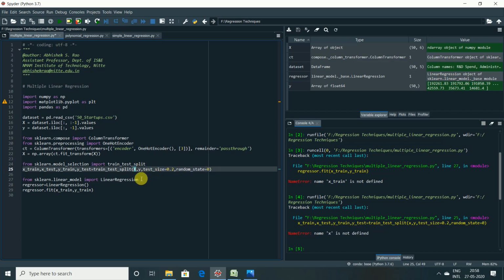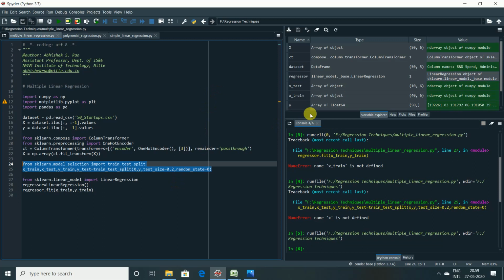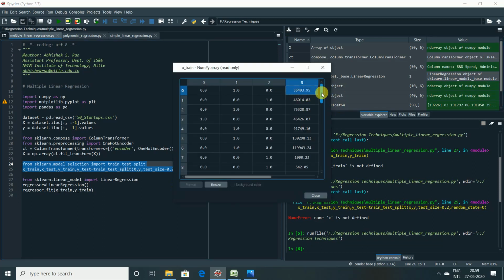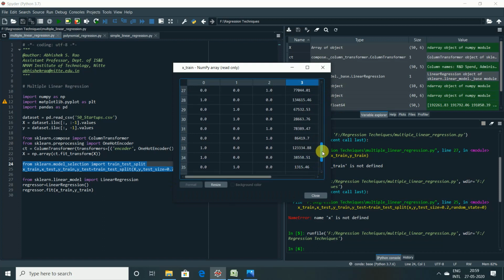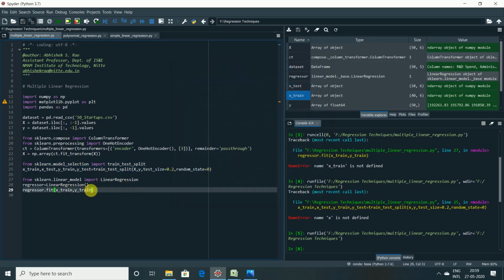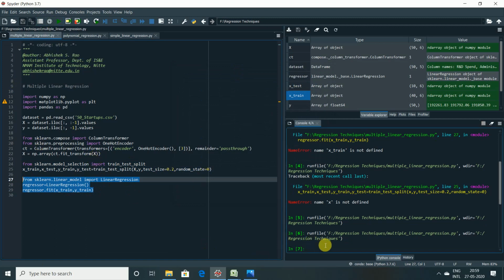Okay, done. Let me execute this. Yes, it has executed successfully. Let us see just the X train set. So how many observations do we have? 40 observations, right? Okay then. So now I think this line will work. Yes, it has worked successfully.